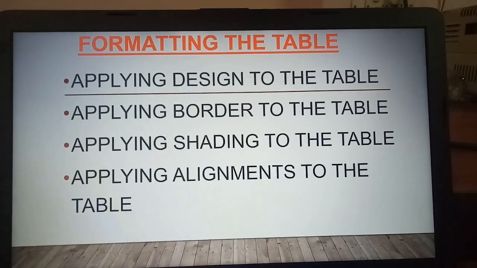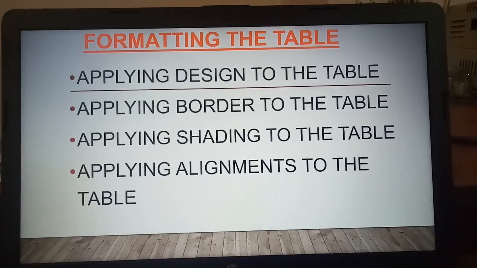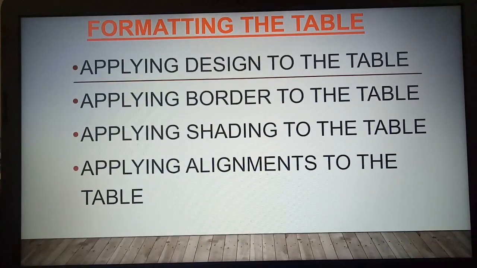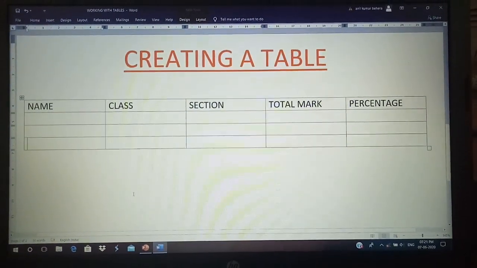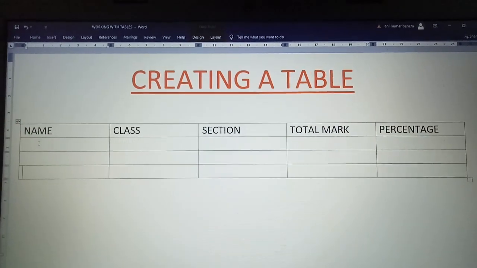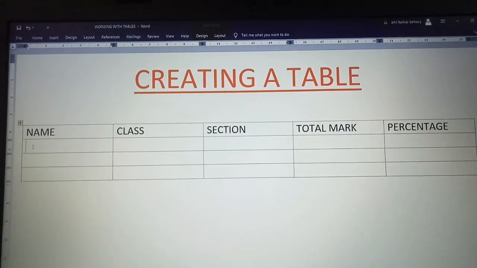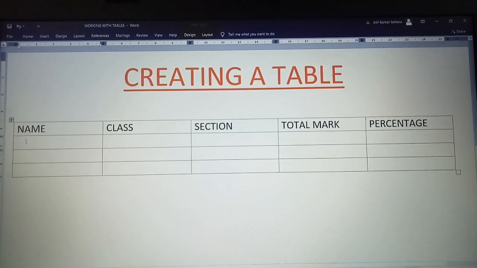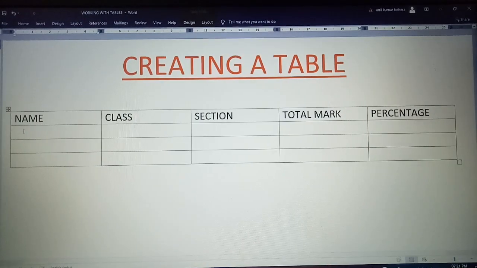Now let us see how to apply each of these formatting features to the table that we have already created. Okay, let us go back to the table. This was the table that we had created. Before applying the formatting features, first let us fill up this table with details. Some random names, classes and sections we will choose.